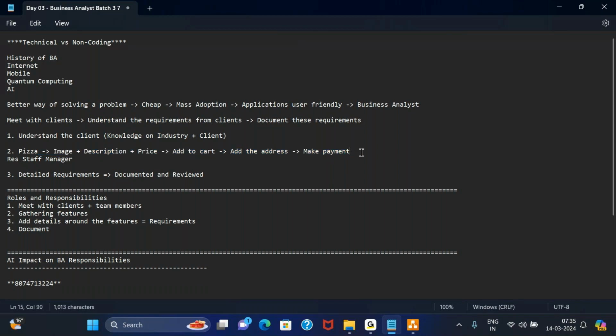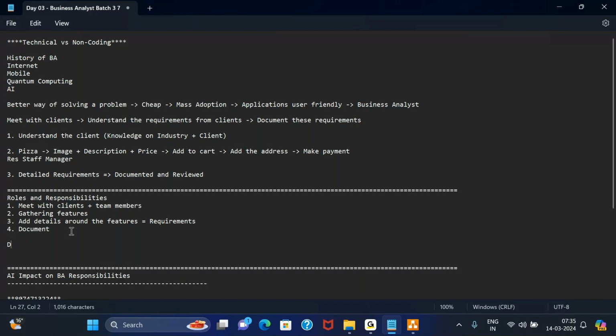Now, when we are delivering the software at the end and the client is looking at it, at that time they complain that, hey, this software that you have given to me is not as per my expectations. And why is it not as per your expectations? They will say that because this software does not have an option to apply discounts.